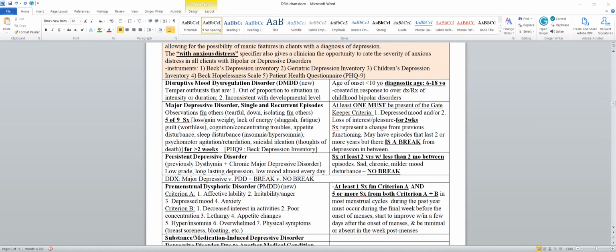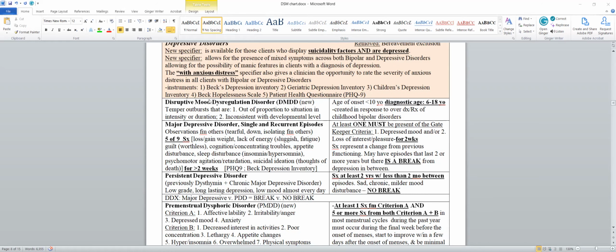Differential diagnosis would be major depressive versus persistent depressive disorder, and I'll go into more detail about that. There's a break versus no break